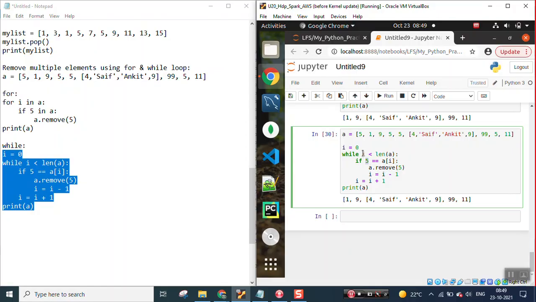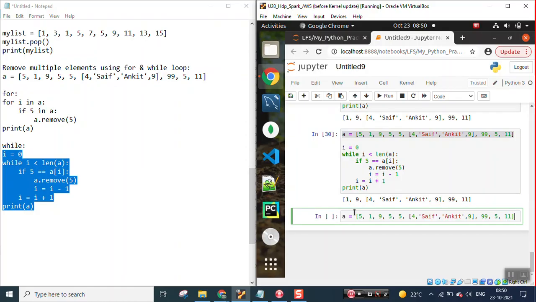Here for the first time it will be coming 0, right? On the 0th element I have 5, right? So here a of I will be nothing but my 5, right? So 5 is equals to 5, that condition is true. It will get removed, right? Now if this is getting removed, once this gets removed, after this is getting removed for the first time, or the first element, the list will look like this,